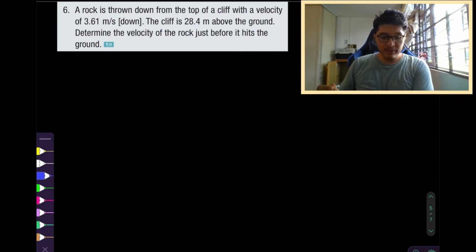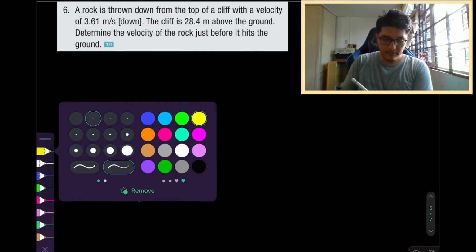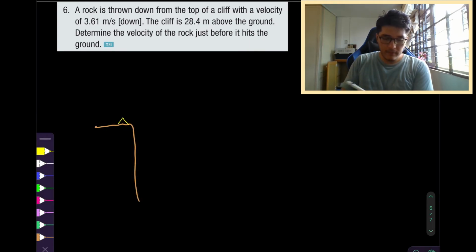Okay, question number 6. A rock is thrown down, so this one is being thrown from the top of a cliff with a velocity of 3.61 meters per second. So let's draw our cliff. Our person, the ball, and it's being,